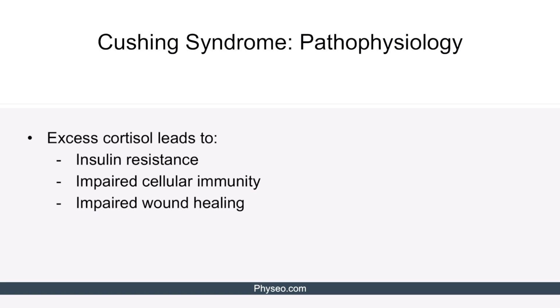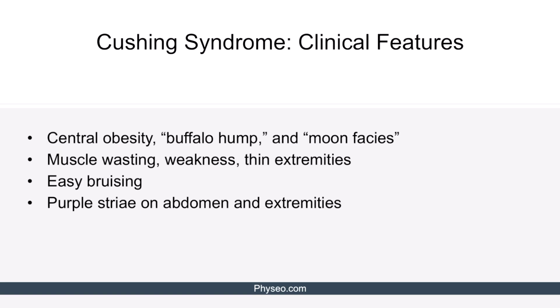The pathophysiology of Cushing syndrome has to do with the downstream effects of excess cortisol in the body. The most notable effects include insulin resistance, impaired cellular immunity, and impaired wound healing. There are several notable clinical features that are common among patients with Cushing syndrome, all of which stem from high